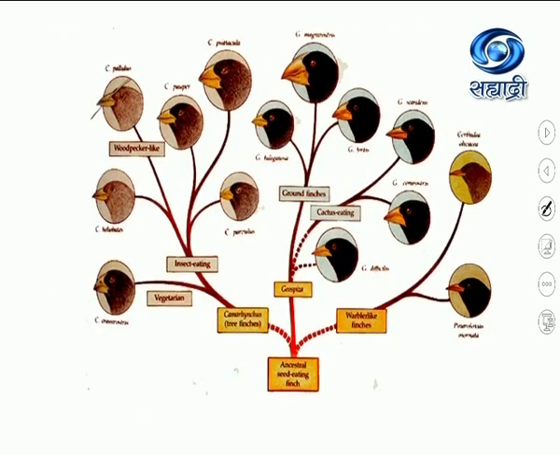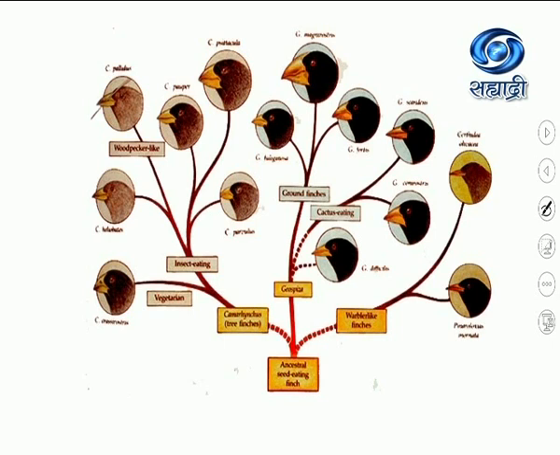The best example is Darwin's finches. These are Darwin's finches. When Darwin was traveling, he went to the Galapagos Islands and saw different types of finches. Basically, all these finches belonged to a similar type of bird group. But they got isolated. There was a barrier among them, so they modified their bodies according to food and feeding habits. Some finches were getting grains to eat, so their beak size differed.